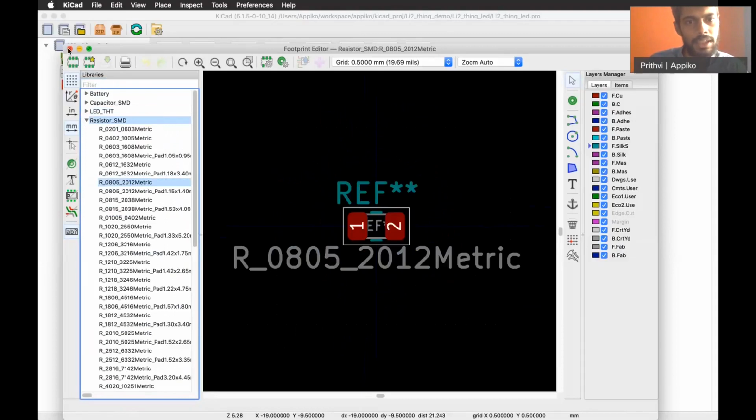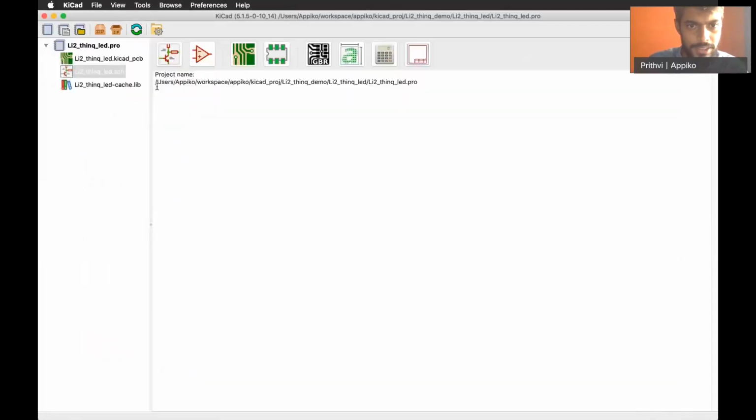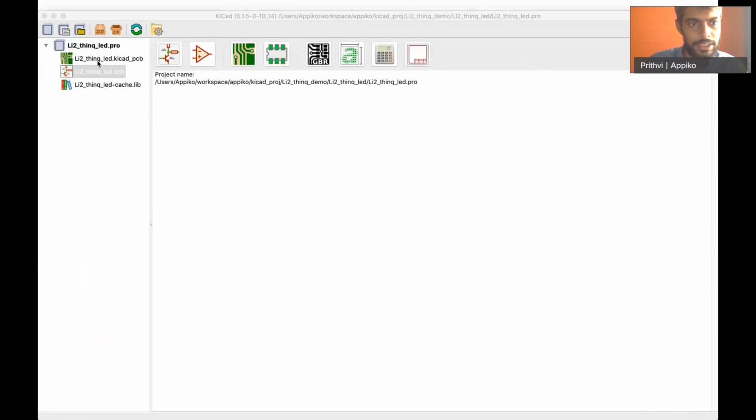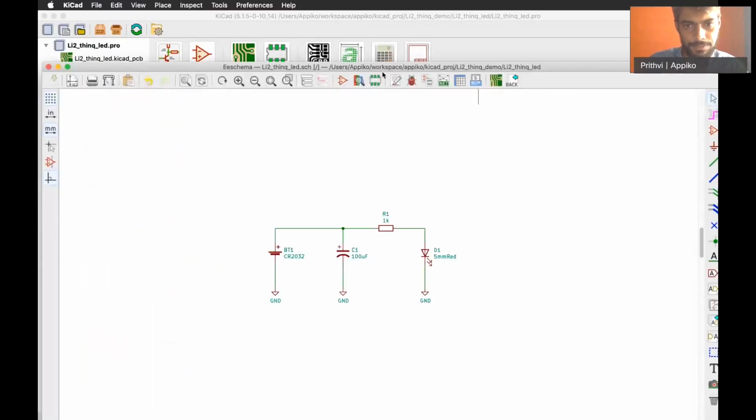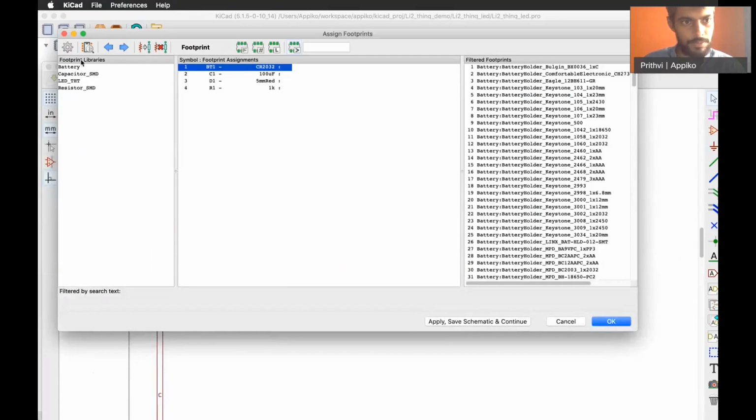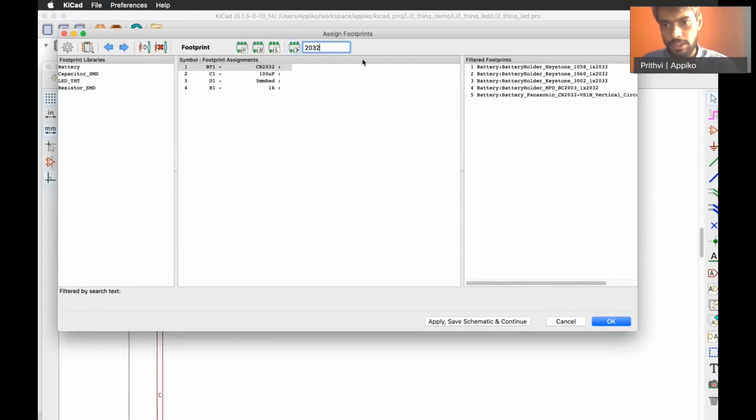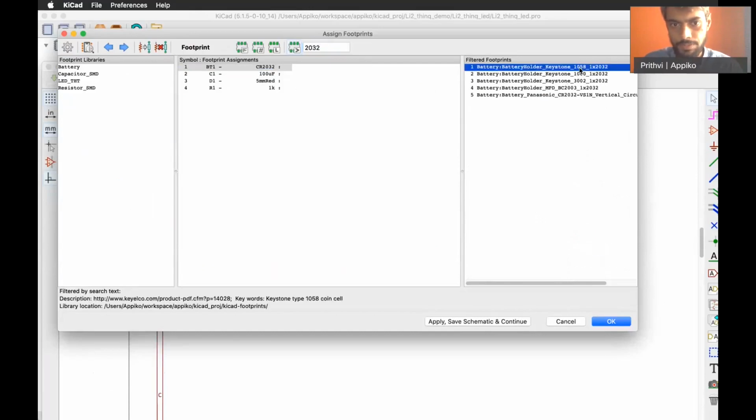So how do we assign these? We go back to the schematic, and then we assign the various components to the symbols. So for this, first we'll search for 2032, and then we'll use this.